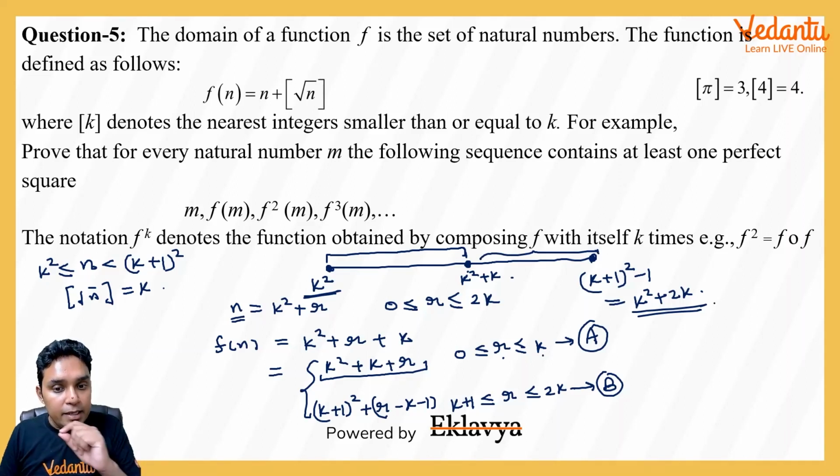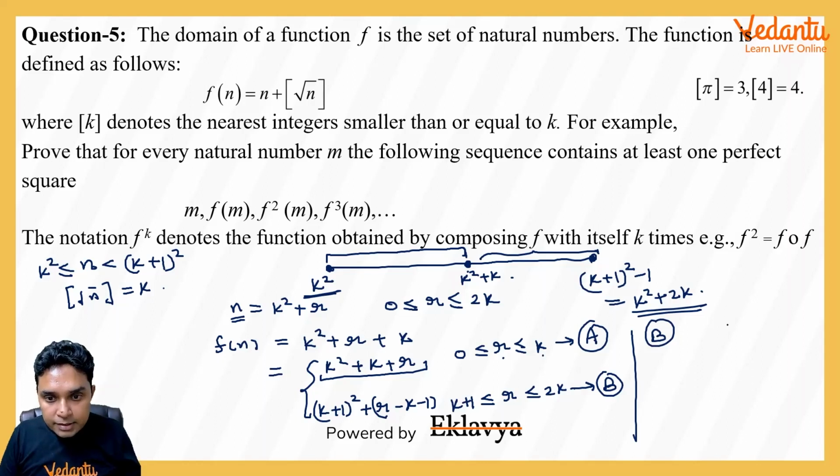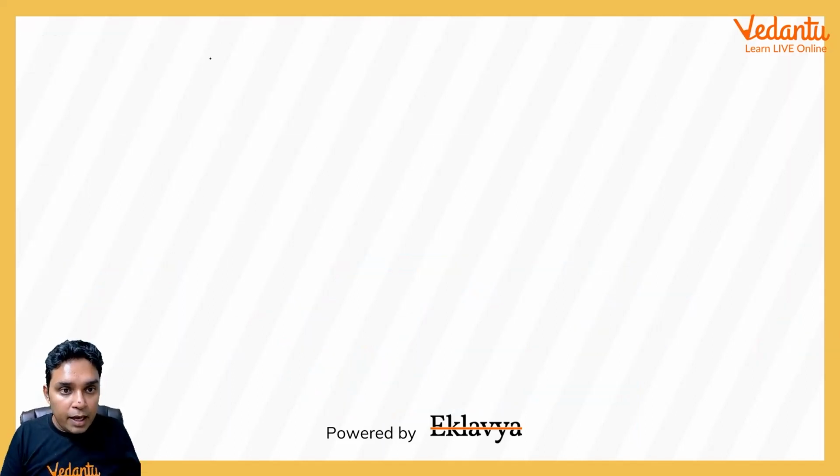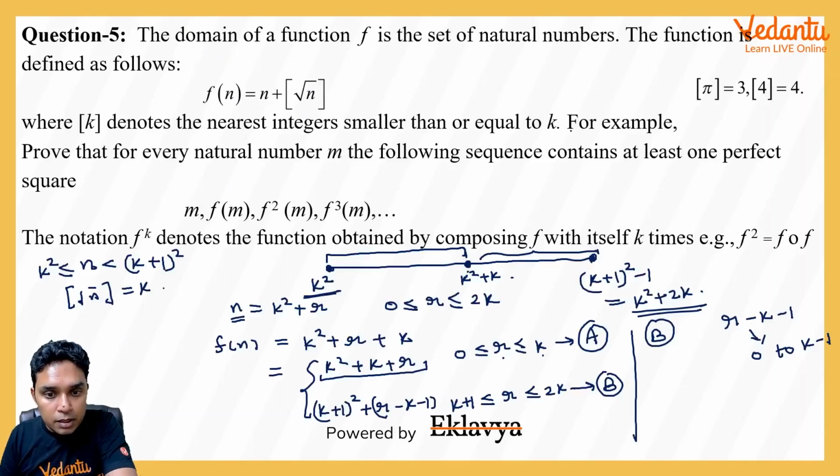Okay, but listen carefully, one interesting thing here, even in this case B, if you notice, this r minus k minus 1 will be lying from, if I put r as k plus 1, 0 and it will be going till k minus 1. If you put r as 2k, it will be going from 0 to k minus 1. Okay, so what I said that f(n), which I took as